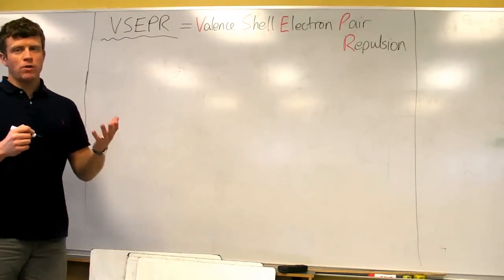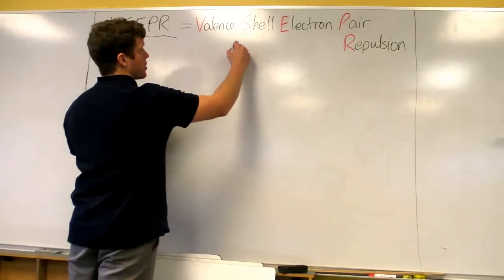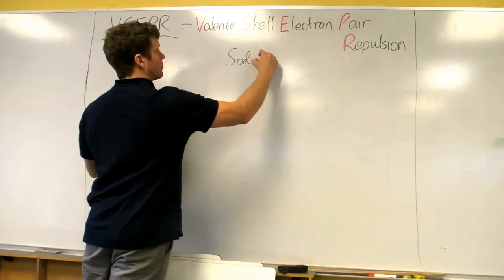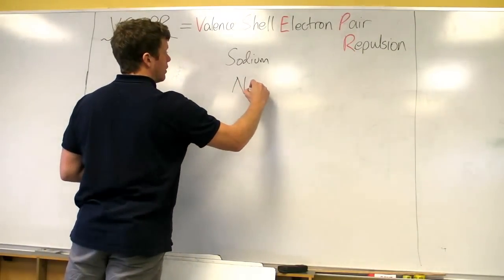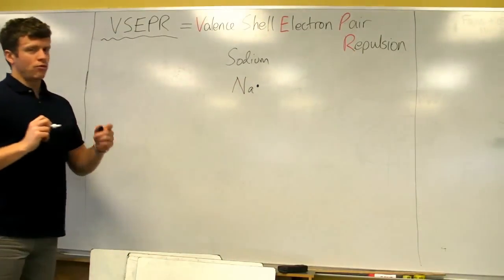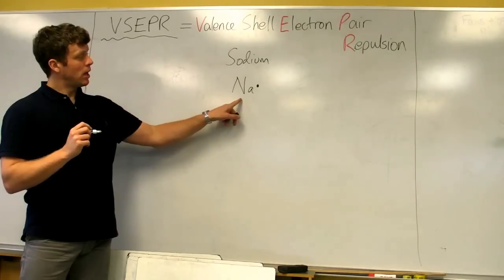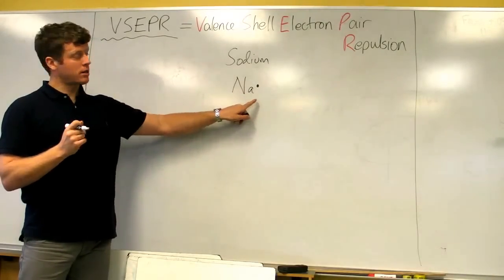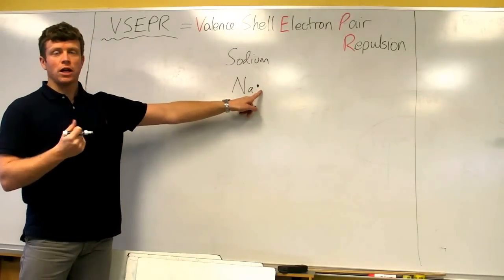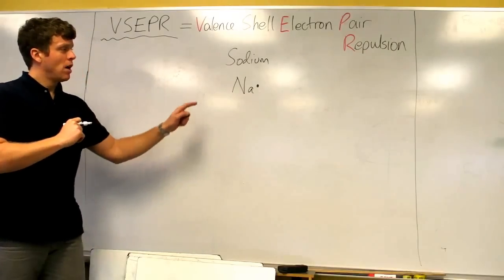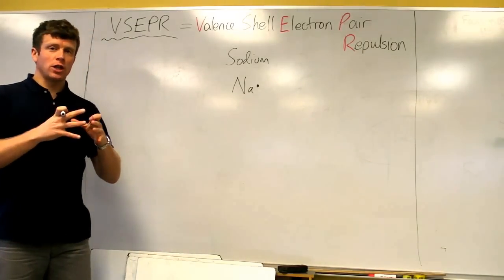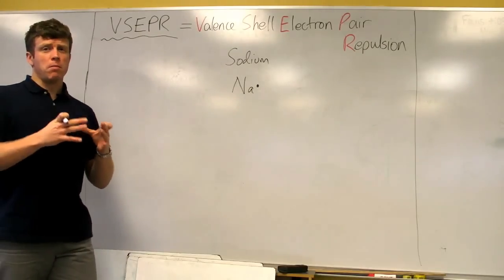So we've been representing atoms using Lewis dot diagrams. So for example, sodium is in group 1. To represent sodium, we just use the symbol as the nucleus and then the valence shell electrons. Remember that valence shell is the very outside shell. We don't need to worry too much about the inner shell electrons because those aren't directly involved in bonding, but